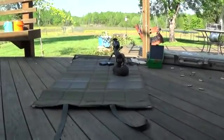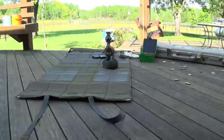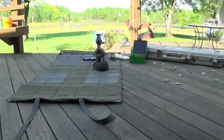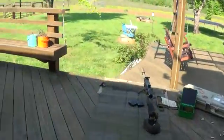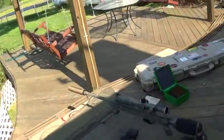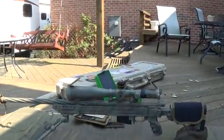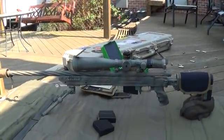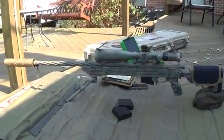I'm supposed to be doing a review on this gun, and it is so much fun to shoot because of its precision. Like I said, it's a lot more accurate than I'll ever be, but the doggone gun just makes shooting a lot of fun. So let me share with you the reason I went this route instead of just buying a factory gun,